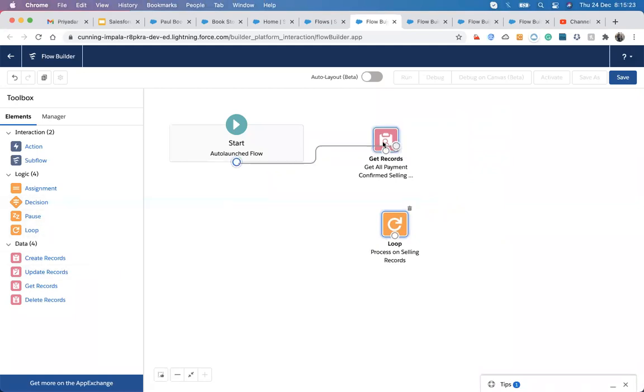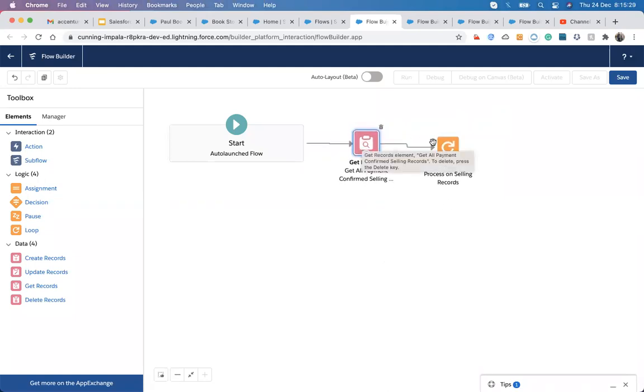So first it comes up here, then here, and then here. So I will get the records. Now my loop is working on each of the processes. Now what I need to do is store the total amount value, which means I need to sum up the total amount value into some field.